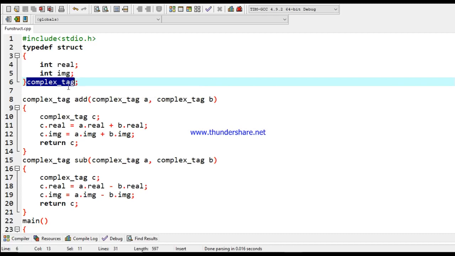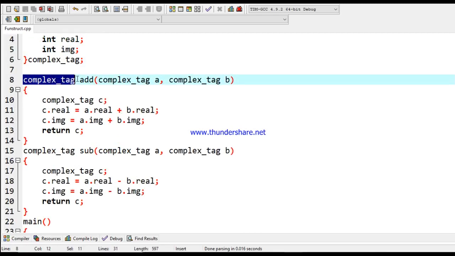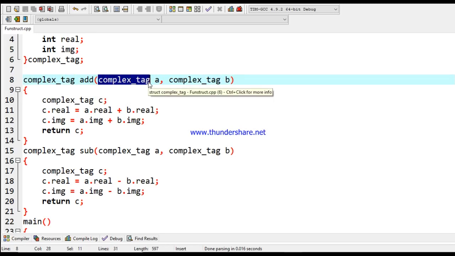Then I have written two user-defined functions, add and sub, whose return type is complex tag, because they are going to return a result which is an instance of the type complex tag. Both the functions add and sub accept a and b, which are the complex numbers, and the type of those instances a and b is complex tag.